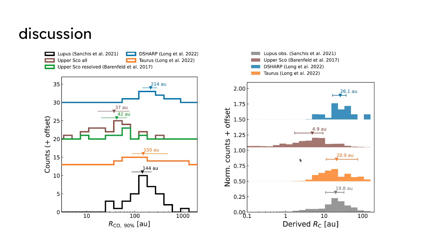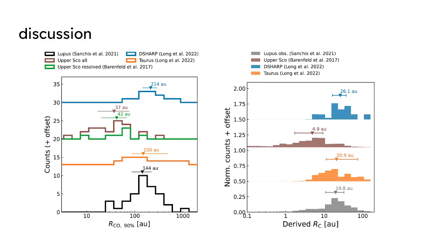And this kind of goes against the theoretical predictions, because theoretical models of evolution of viscous disks and wind-driven disks tell that characteristic radius should not have changed. No, what am I saying? It should have at least increased or not changed. So if it's a wind-driven disk, it shouldn't change. If it's a viscously driven disk, it should expand. And yet, Upper Scorpius, an older system,